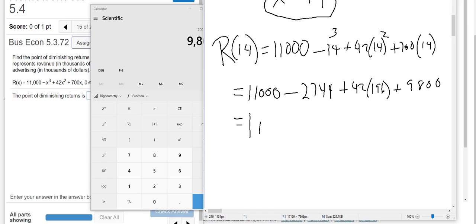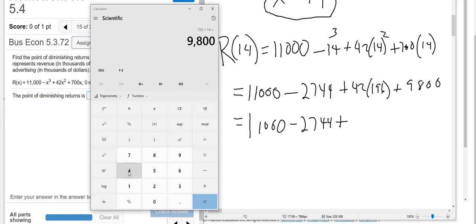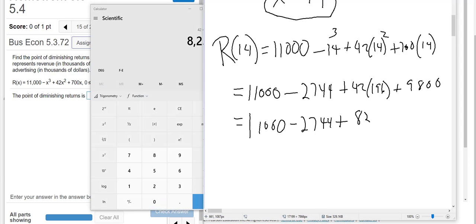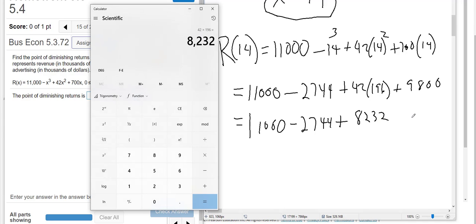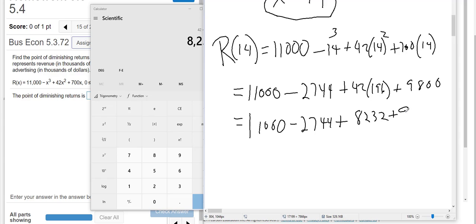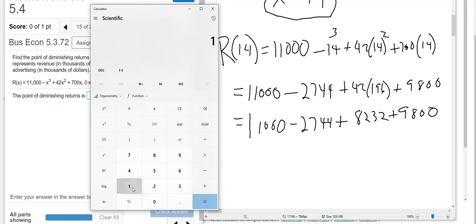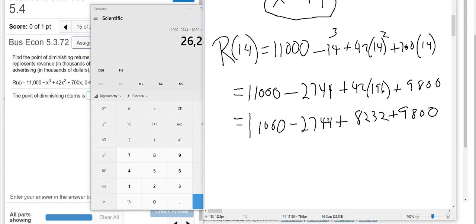So let's see, that's going to be 11,000 minus 2744 plus 42 times 196. That's 8232 plus 9,800. So my final answer here, 11,000 minus 2744 plus 8232 plus 9,800 is